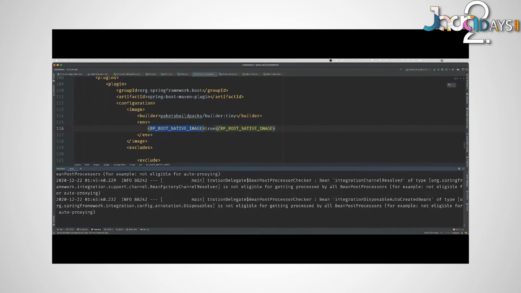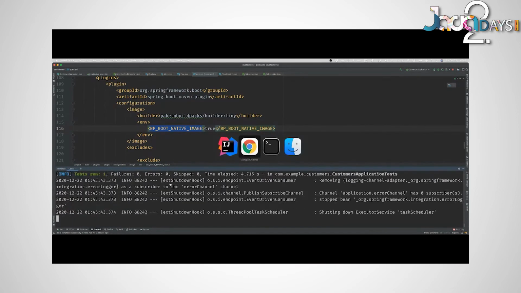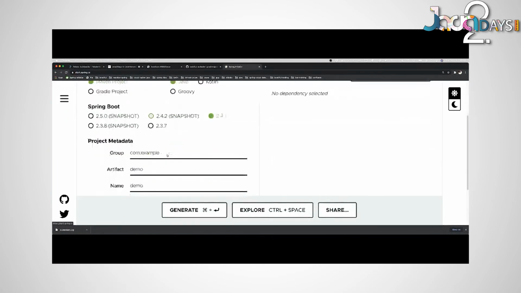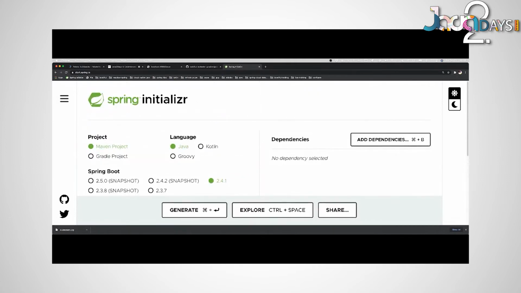So we're going to go ahead and create another service. We'll go back to start.spring.io. And here, we're going to create a new service, not called customers, but called orders. In this case, this is a different bounded context because even if you have a customer account or a customer record and you delete the data, you will still keep the order service and all the order data because you need to care about it for revenue recognition and that kind of stuff.